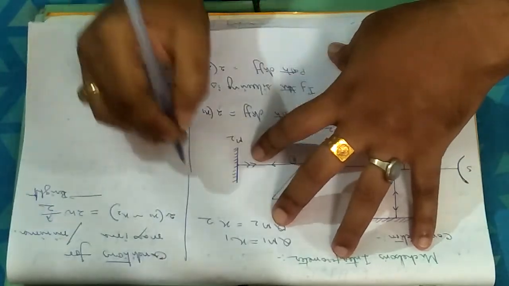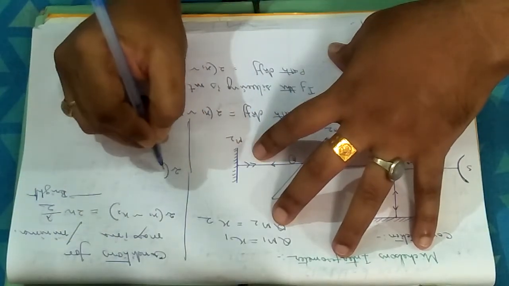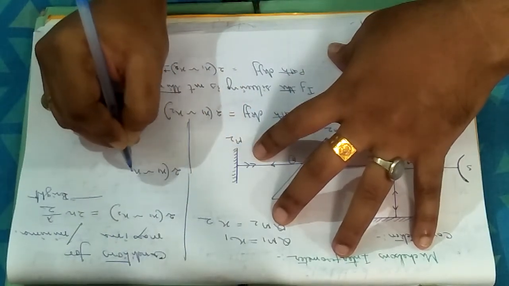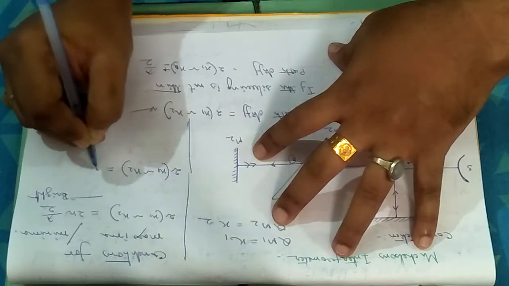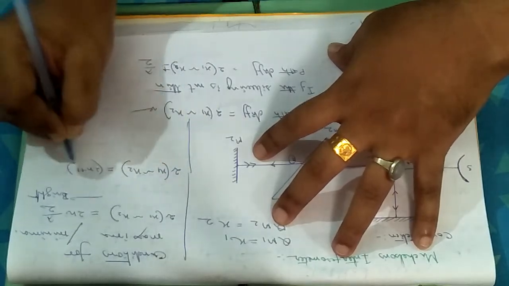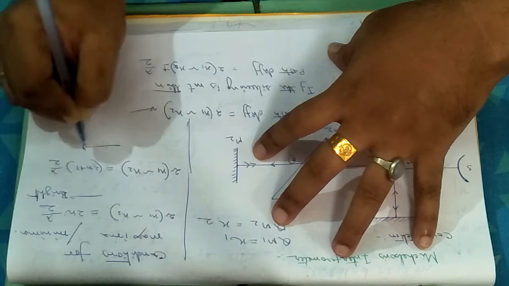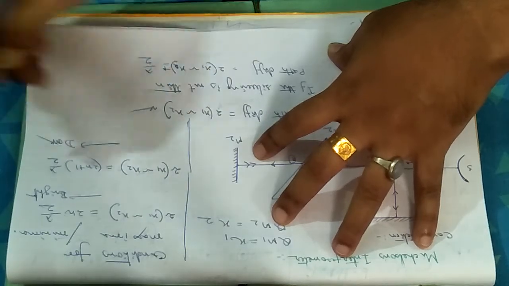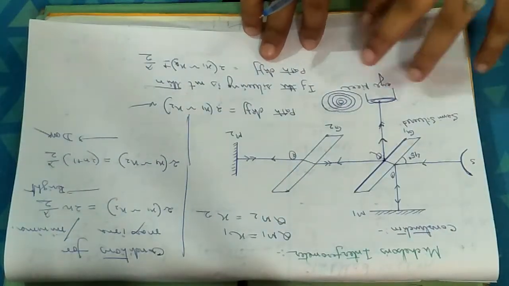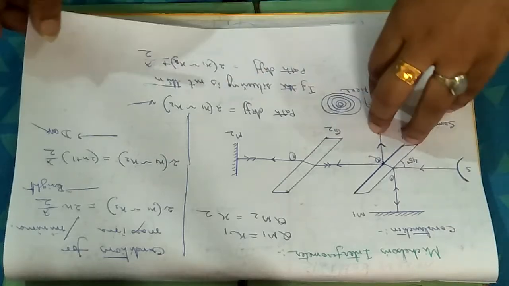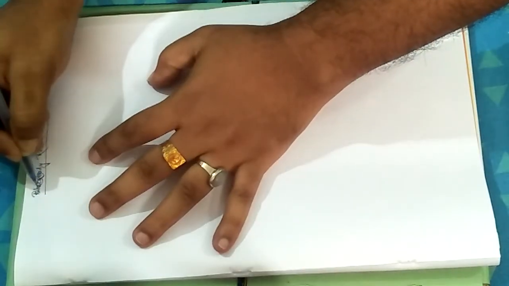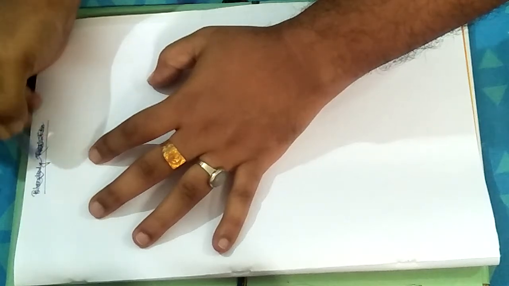Also, on the contrary, if you are getting 2(x1 − x2) of the order of (2n + 1) λ/2, then you are getting a dark fringe. These are the conditions for maxima and minima. Now with analytical calculation, you can easily understand. If you do the calculation analytically, then you can find the conditions for maxima and minima.